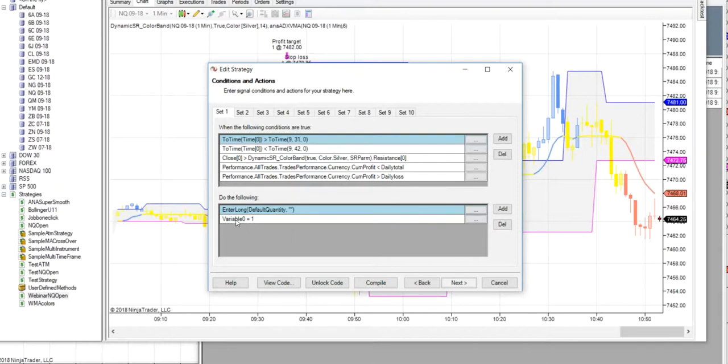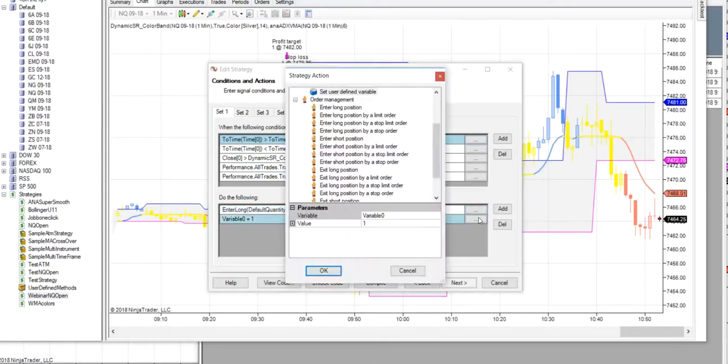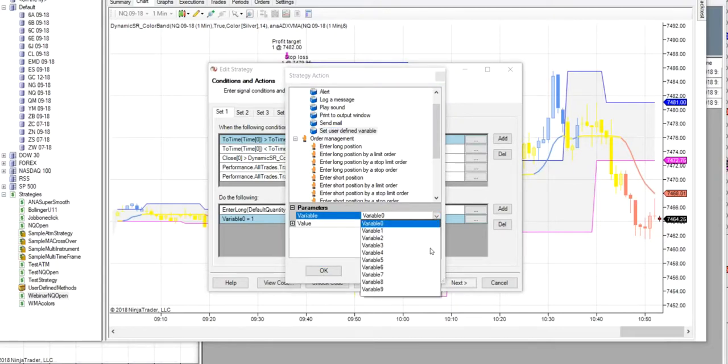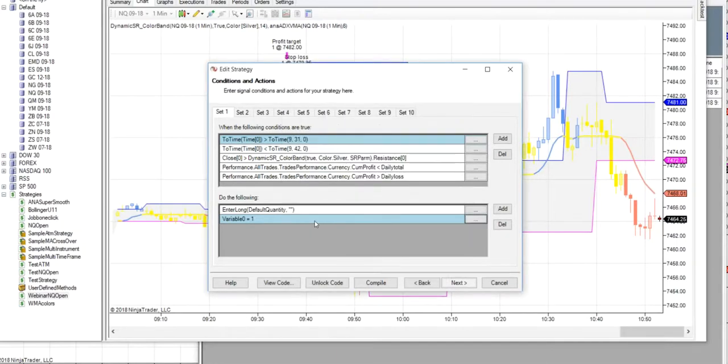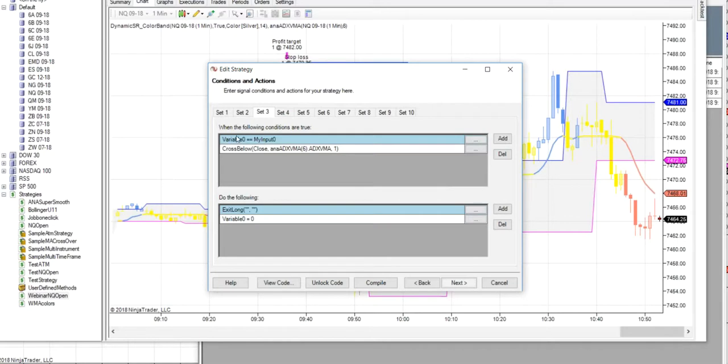When I went long, I said variable 0, and I got 10 variables, and I just picked variable 0. I can put anything in this variable. I could put a stop in here. I've got all these different variables to use. So I just use variable 0 and I turn it to a 1. I make it a 1 because later on, somewhere else in the program, I can test to see, am I